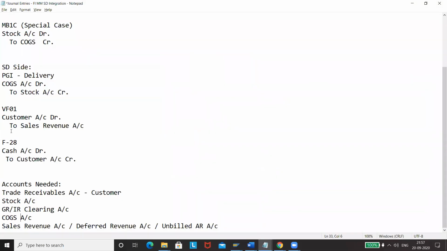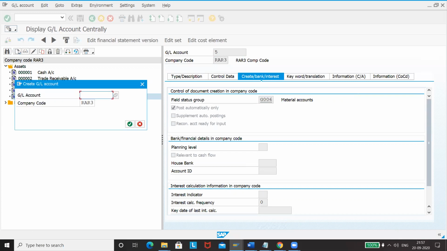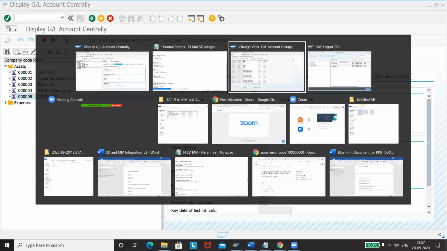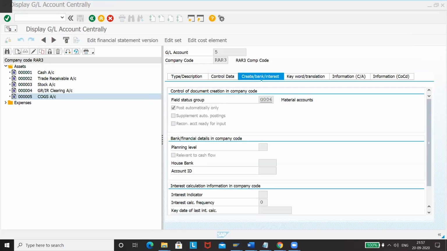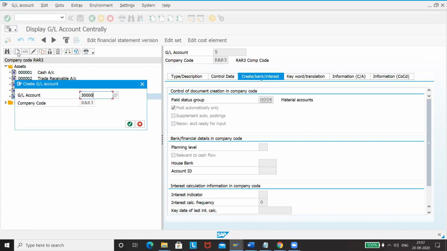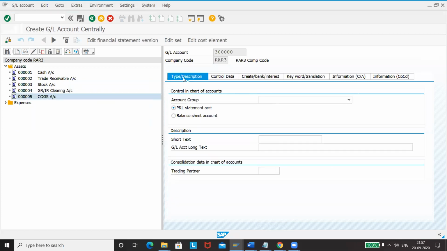Now we have come up until here. Now these accounts have to maintain sales revenue account. Sales revenue, since it is income, we need to first know the range for this. For incomes, it is 3 lakhs. So we'll create it accordingly. So it is income. Please take it under income. This is P&L account.